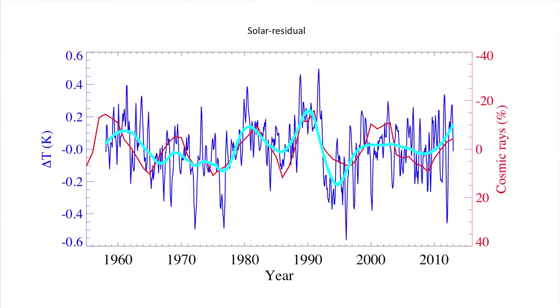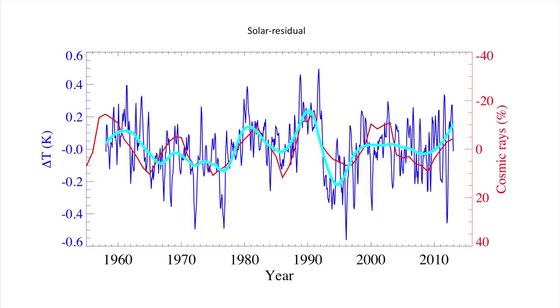The red curve is actually the change in cosmic rays, where we have taken out long-term trends. And you see the blue curve is actually the average of these temperature fluctuations. And you see this is a very beautiful correlation. And again, we are in a situation where the fluctuations are actually too large to be explained just by solar irradiance, which I will mention in a short period.